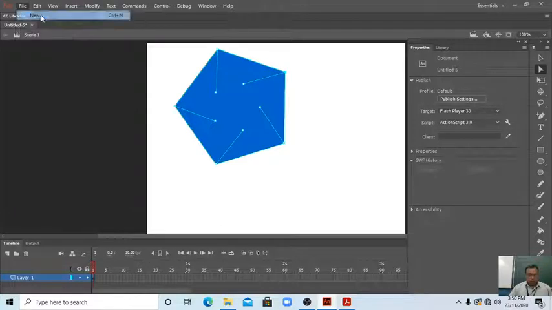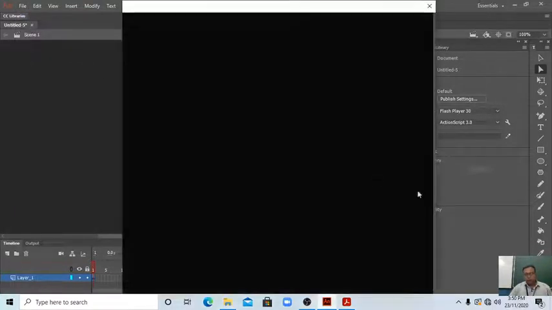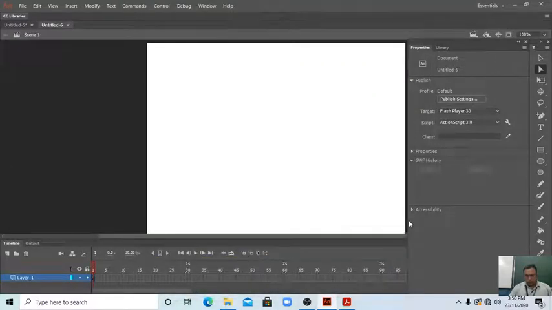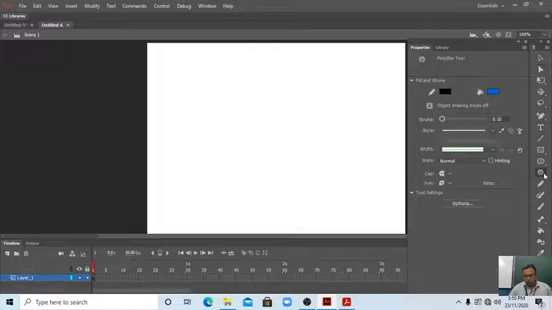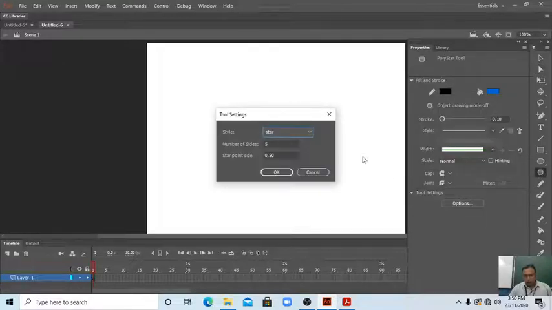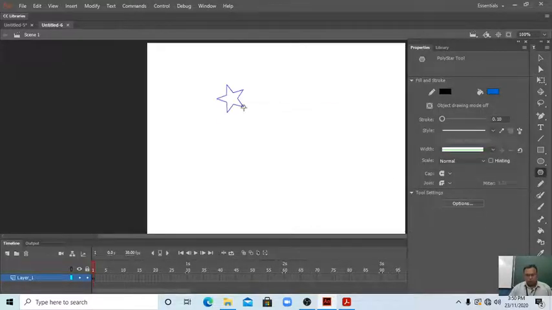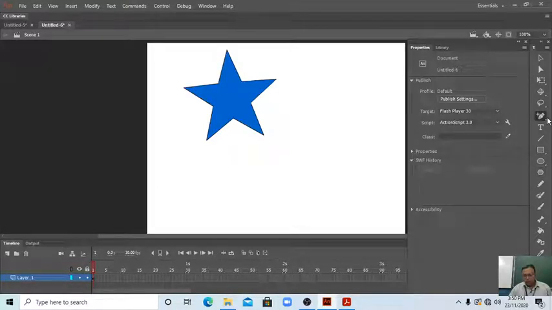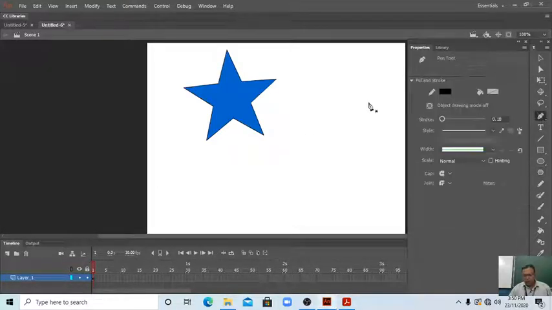File, go to the New option, then the Create option. Again we are going to the PolyStar tool. The option we have already. Yes, now the pen tool. Click here. Now click on the convert tool.